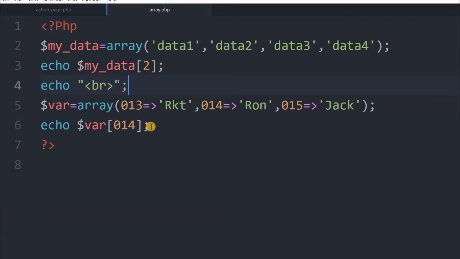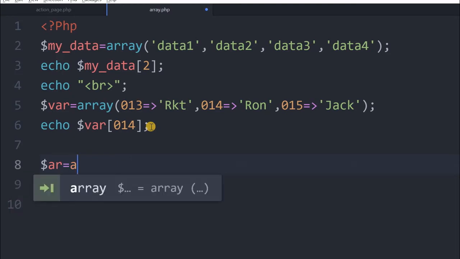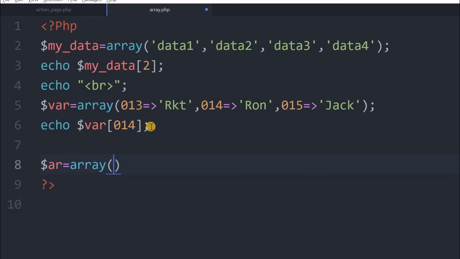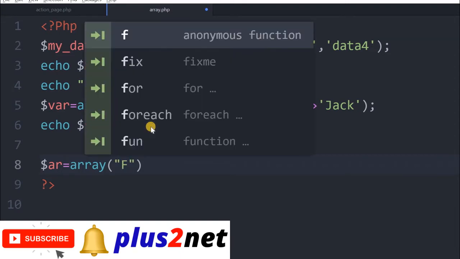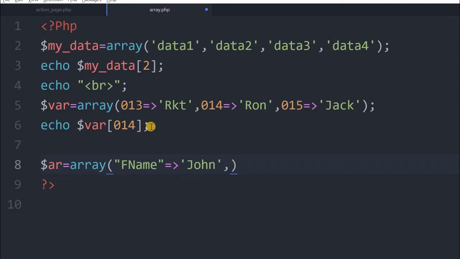Now one more example we can use. Let's say I am giving array equal to array. Now let's say I am storing first name, fname. Again this operator. Now I'll say John. Now I am storing its address.